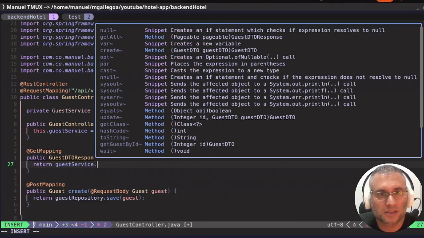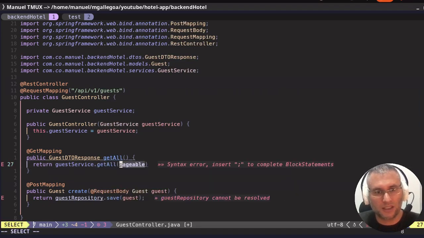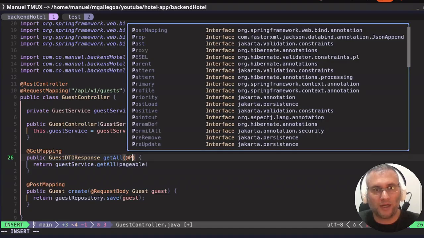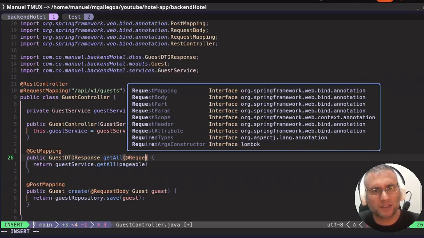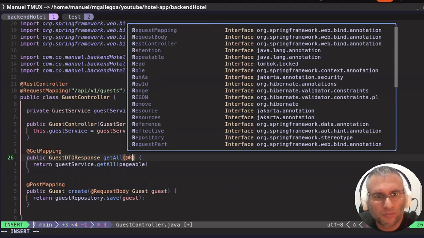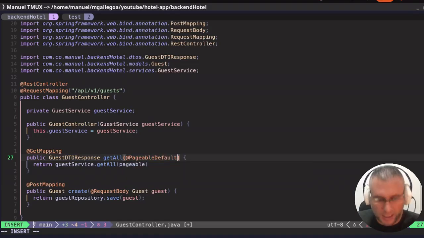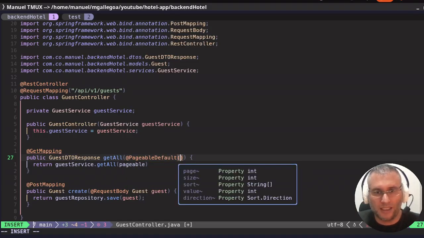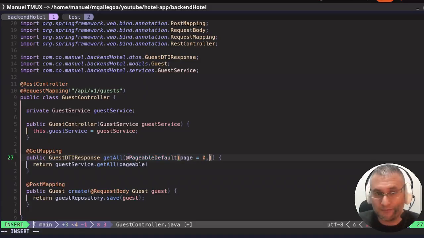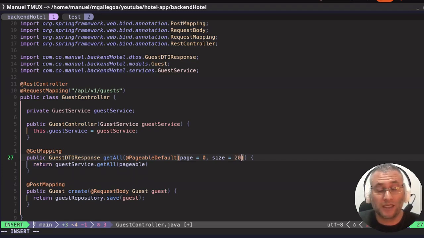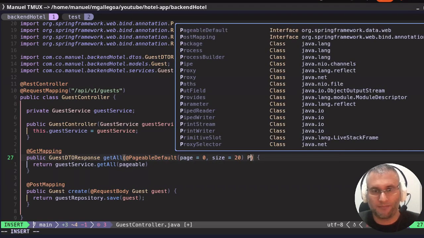Change the name to getAll. Perfect. GetAll and receive a pageable. To define the pageable, I'm going to define the default pageable, the PageableDefault, and here I'm going to define the page, the first one by default, and the size 20 by default. And here I'm going to declare the pageable object,